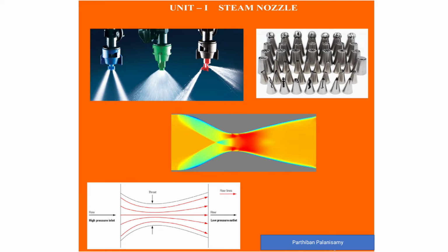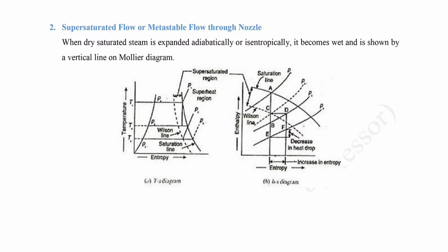This topic is going to give details about supersaturated flow or metastable flow through a nozzle. When dry saturated steam is expanded adiabatically or isentropically, it becomes wet and is shown by a vertical line on the molecular diagram. In general, in the TS diagram, the vertical axis represents the temperature and the horizontal